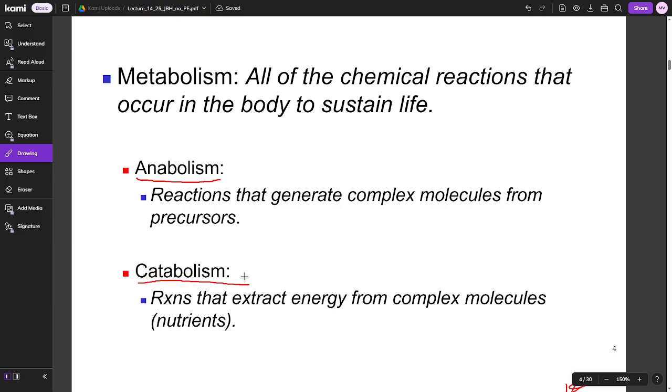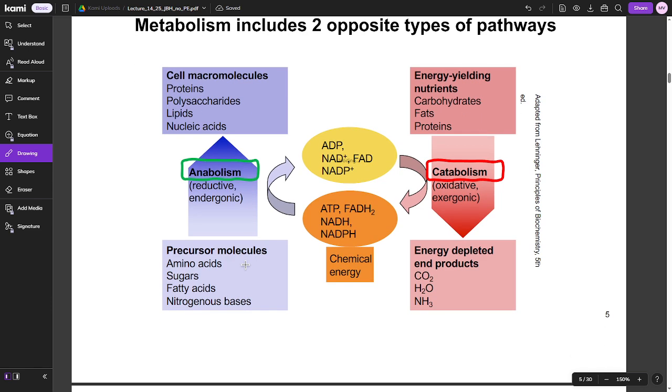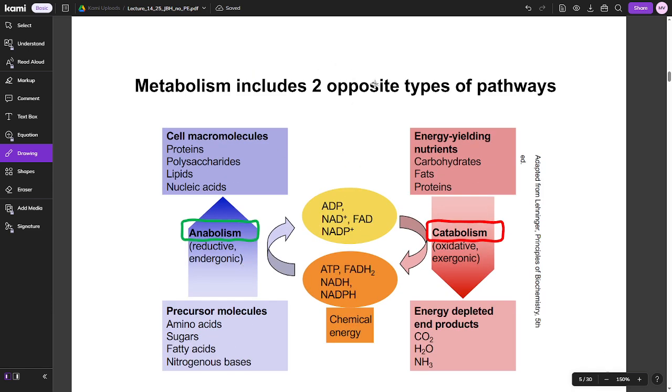So like the breakdown of glucose is a catabolic reaction, and the buildup of glucose to give to the rest of the body from the liver, for example, would be an anabolic process. So anabolic is buildup, and catabolism is a breakdown. There's anabolic pathways that build up things like proteins, polysaccharides, lipids, all this stuff from these amino acids and sugars,